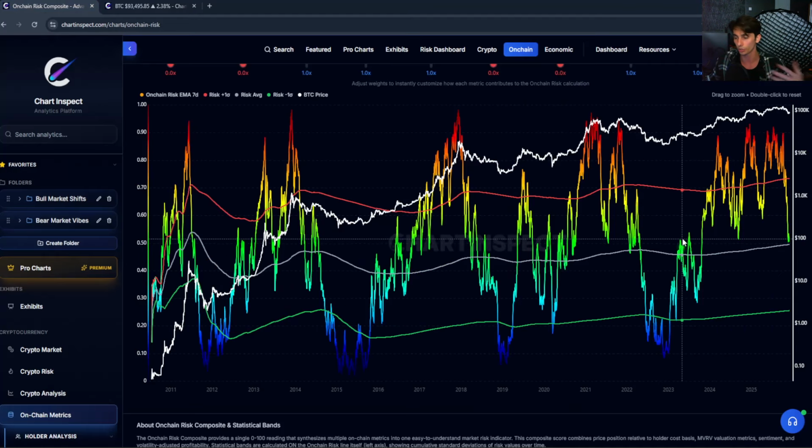Now I want to show you something pretty important about how this indicator behaves during these correction phases. In summer 2021, when Bitcoin dropped from around $63,000 to $29,000, the on-chain risk composite came down significantly from these elevated levels, from around 0.95 to around 0.5, right? Typically that did precede the bounce up to 69K, but the key difference was that in 2021,